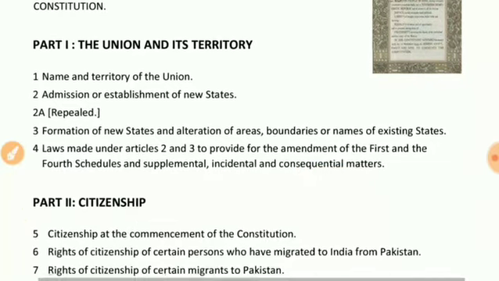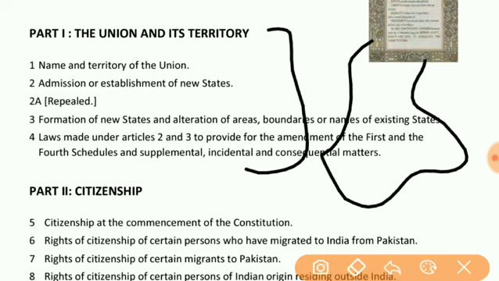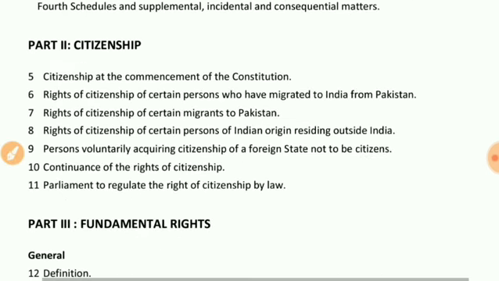So the first part we have is the Union and its territory. In this part we have 4 articles regarding the name of the Union, the establishment and formation of states, and laws about them. So now we define the boundary of a nation. Then, second, what we require is the citizenship of the people under this boundary. So the second part we have